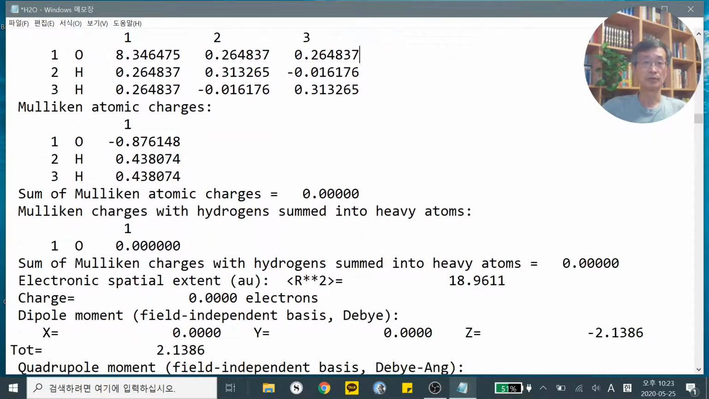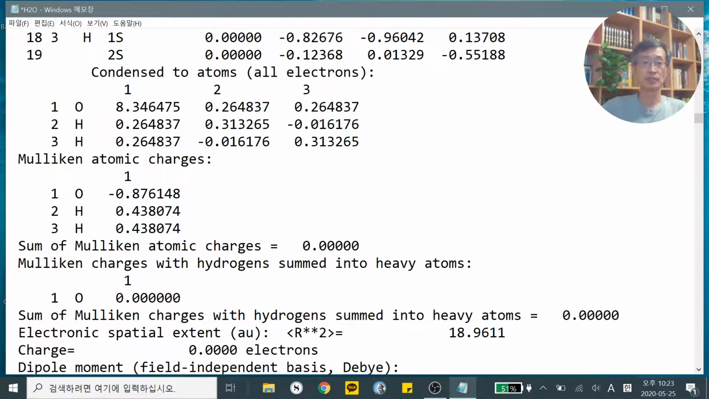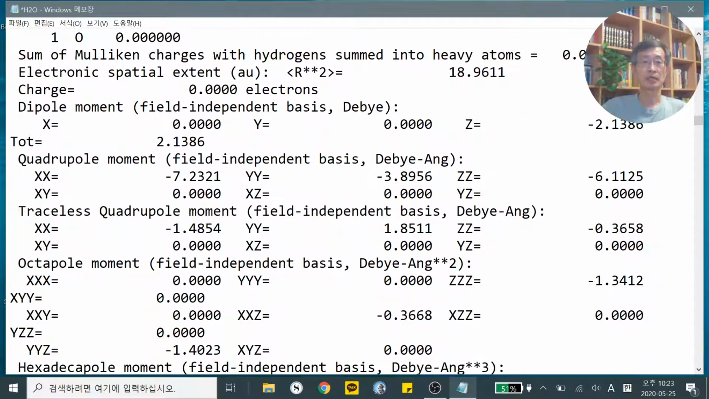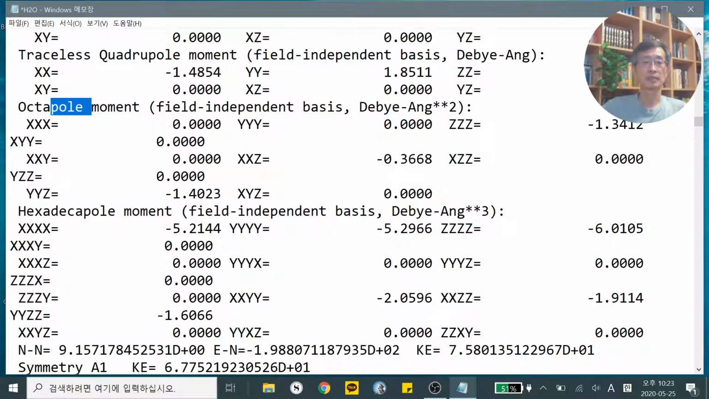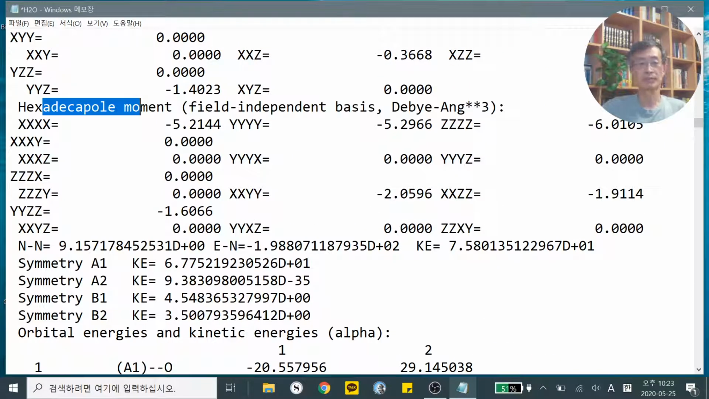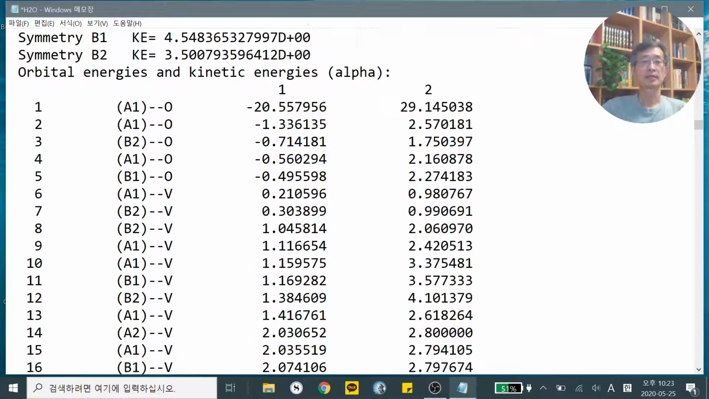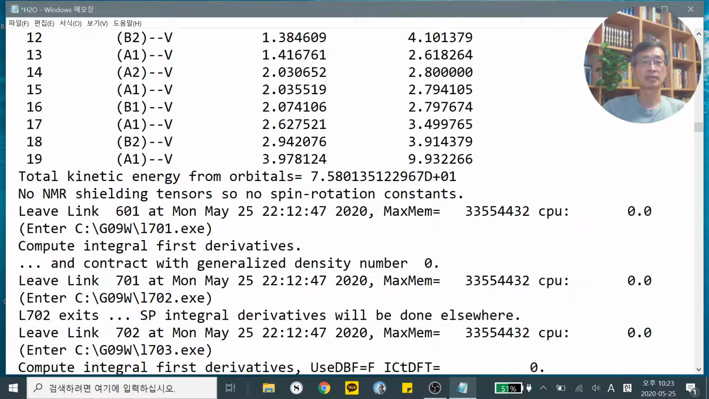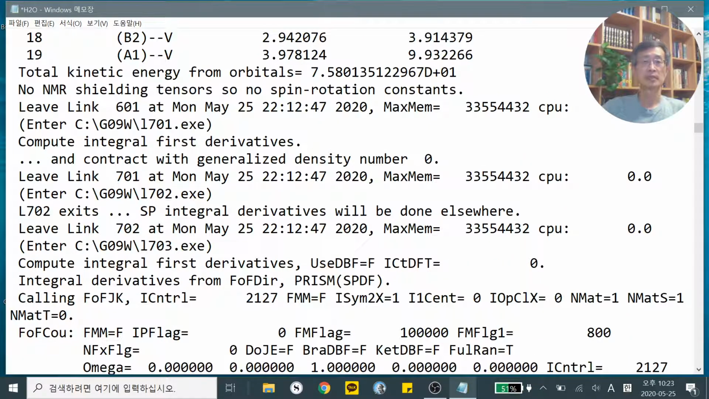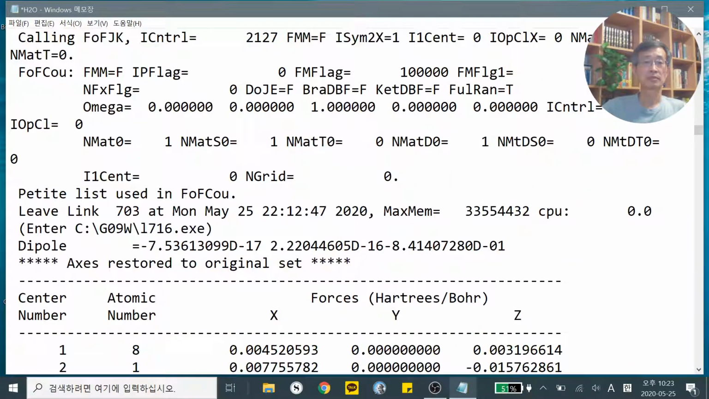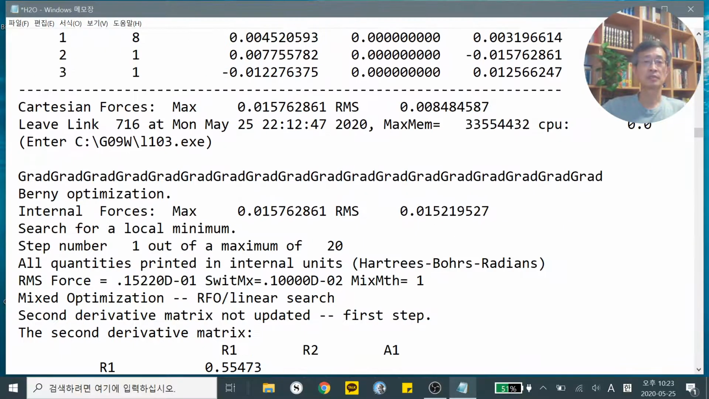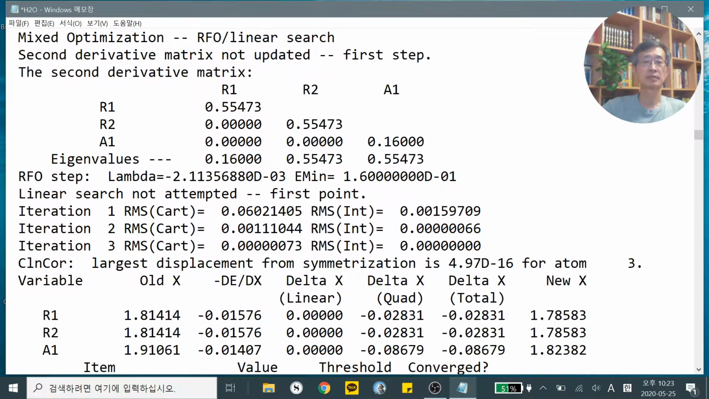That is it. It also has some molecular atomic charge calculation, and then the dipole moment, and then the quadrupole moment, then the octupole moment, and the hexadecapole moment. These are molecular properties. Okay, and what else? The orbital energy is done just like that. And what it does at this point, I think, is that it calculates